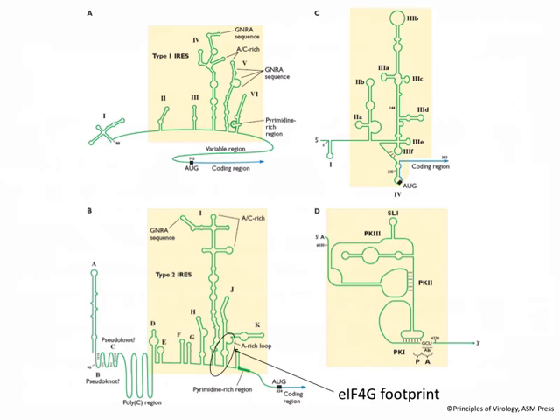Apparently, the secondary structure can attract the initiation machinery, either the ribosome or the initiation proteins, and bring the ribosome right in near the AUG. So, for example, in the EMCV IRES shown here, here's the very 5' end of the viral RNA. There's the initiating AUG. eIF4G binds right here, very close to the AUG. So it brings in the ribosome, and then the ribosome scans over to that first AUG. So it's basically a substitute for the cap mechanism of initiation.